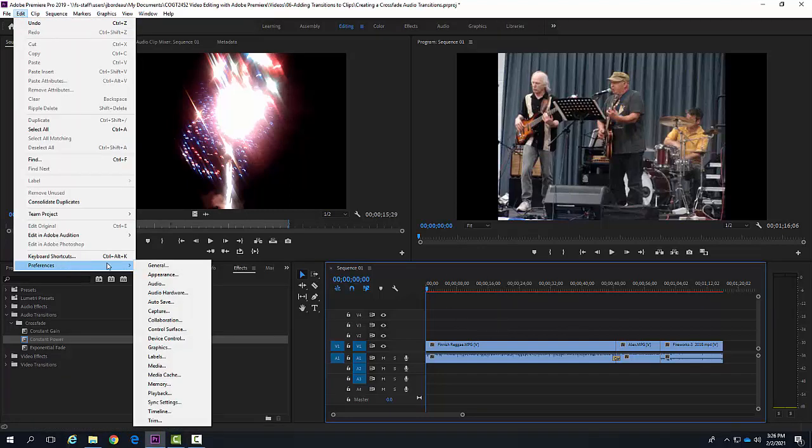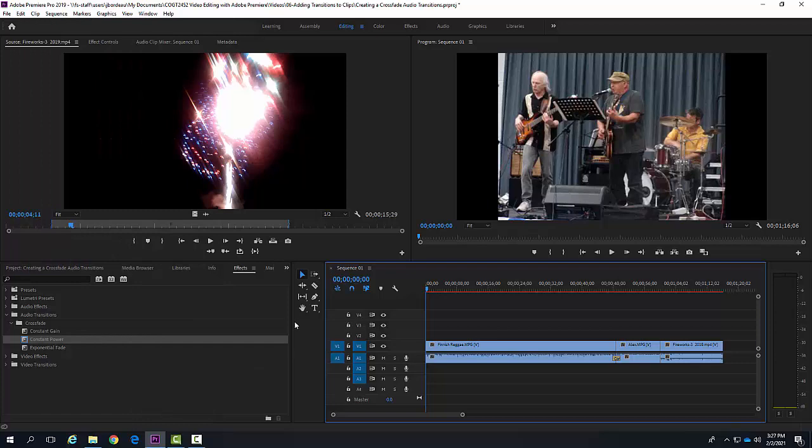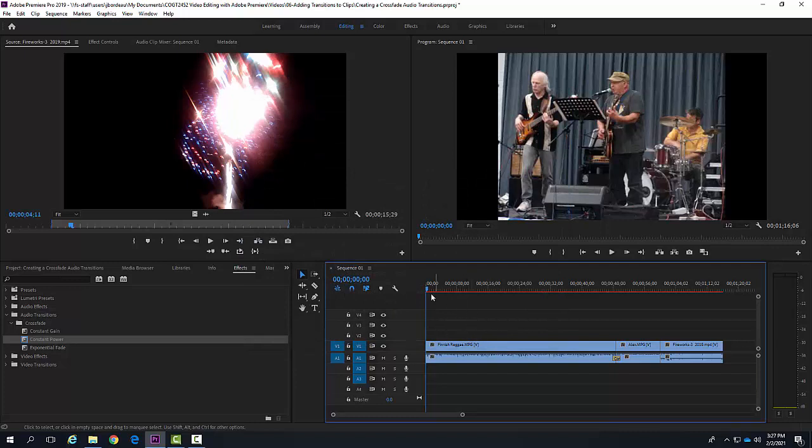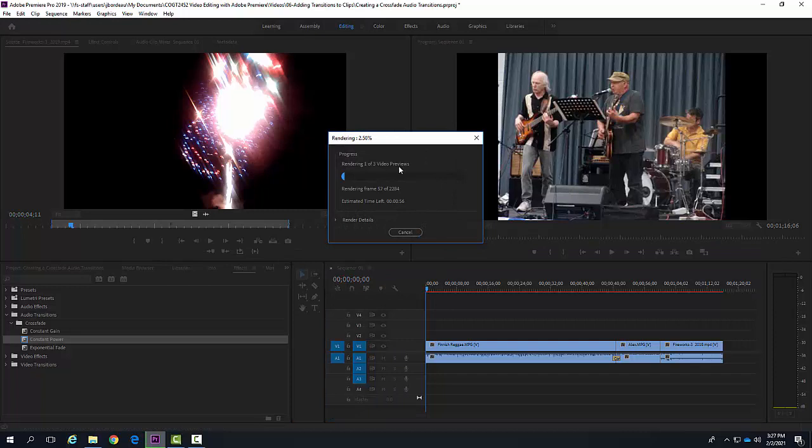We're going to have to go to Preferences. We're going to have to come down to Timeline. And in Timeline down here, I want to check this, render audio when rendering video. All right, that's hard to say. And say OK. Now when I'm in my timeline and I hit the Enter key, it'll render actually both of